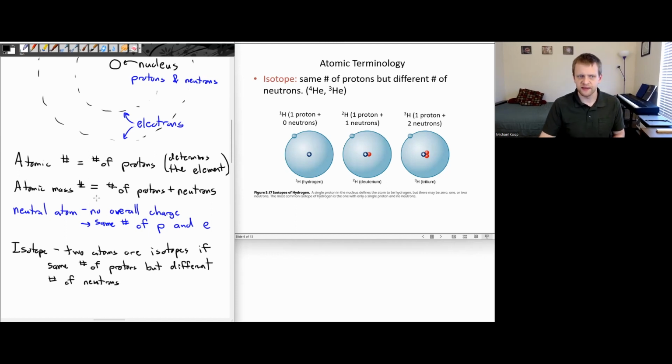Basically, this means that they would have the same atomic number, they'd be the same kind of element, but they'd